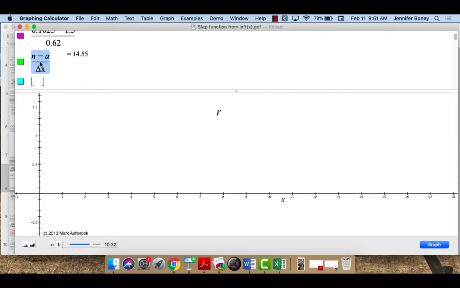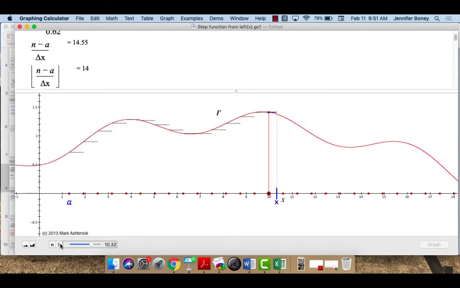Floor of that. Copy, paste. As n varies, both of those vary, but the one above, you can see, just keeps growing in between, and the one below only jumps from integer to integer to integer. So, unfortunately, I don't have n set up to deal with all of these values, so it gives us weird negative numbers at first. But in any case, you can see that that floor function gives you the number of full